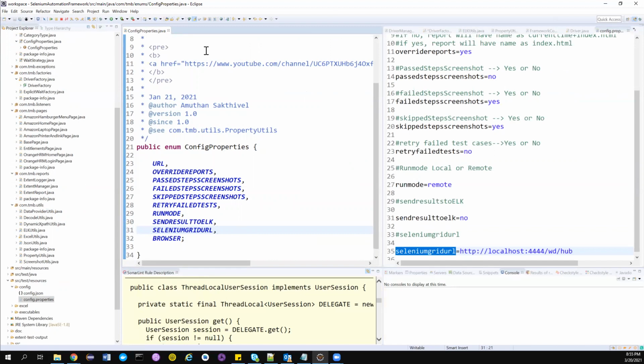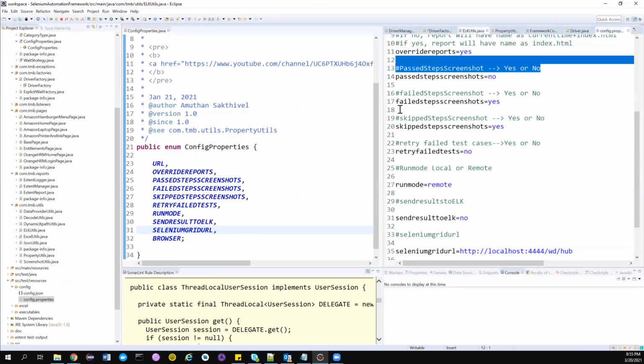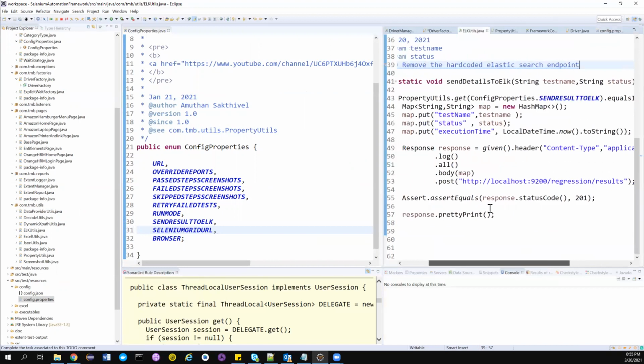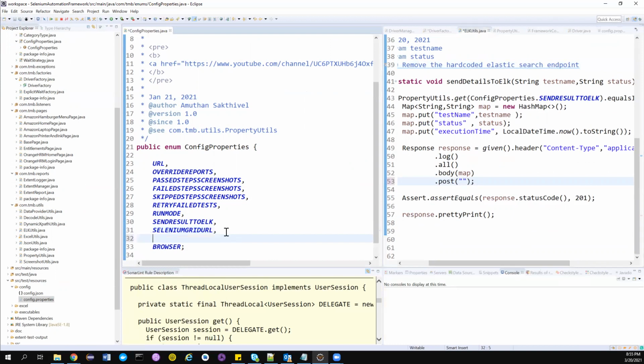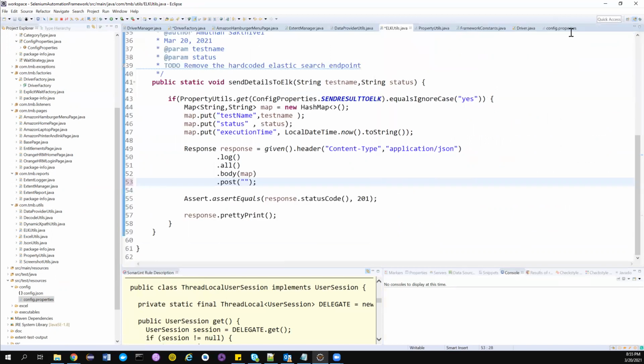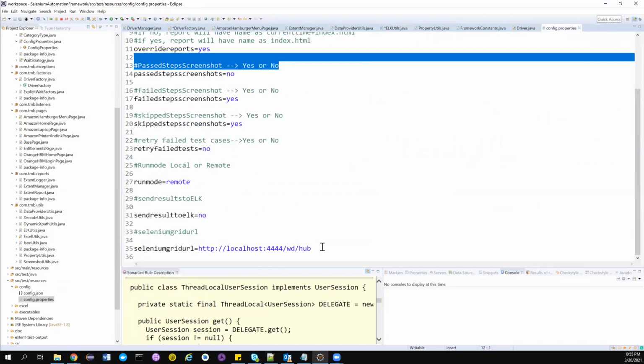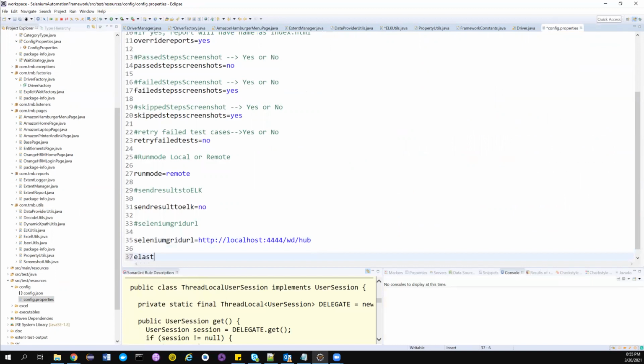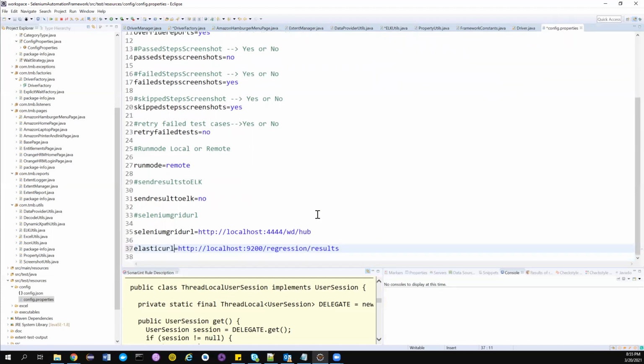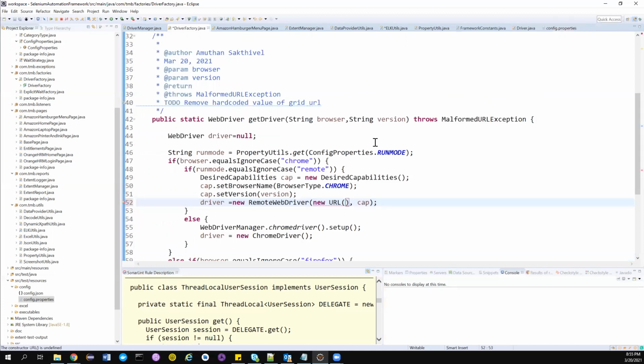Close. In the same way, we have a class called Elasticsearch, the ELK stack. Here also I have hard coded the value, so maybe I'll create another parameter here, maybe Elastic URL, something like this. In the same way, I can create it in my config properties. I can save this, go here, and also save Elastic URL. If you want to give a more meaningful name, you can do that. For the time being, I'm just using this. Good, this is done.